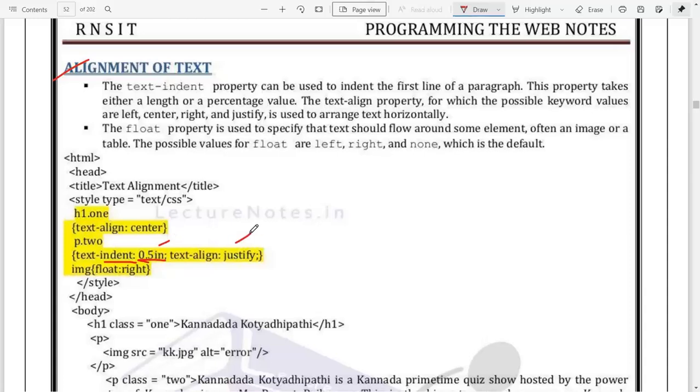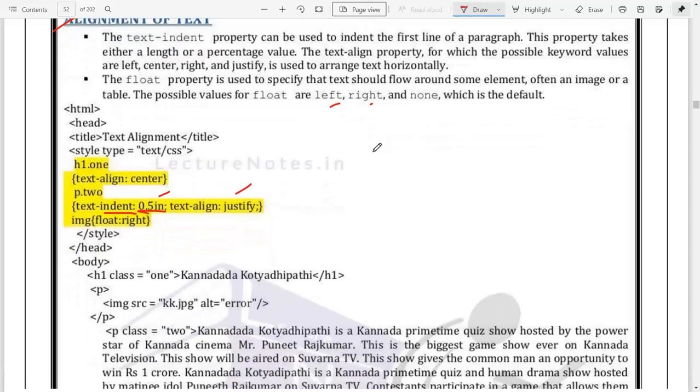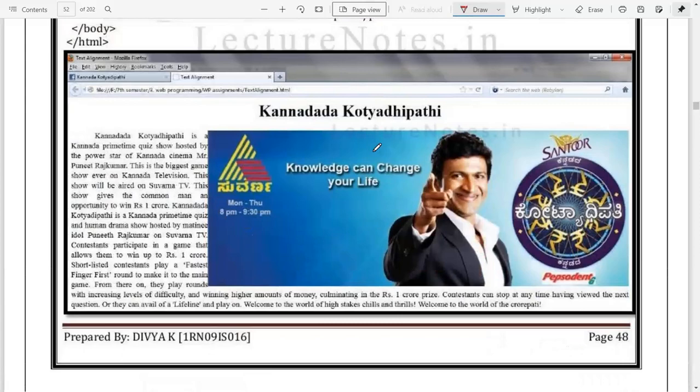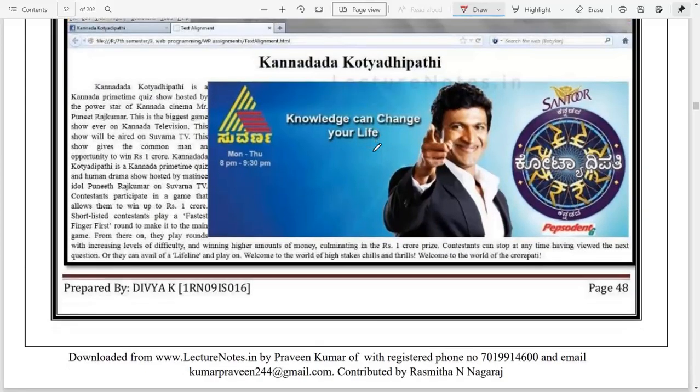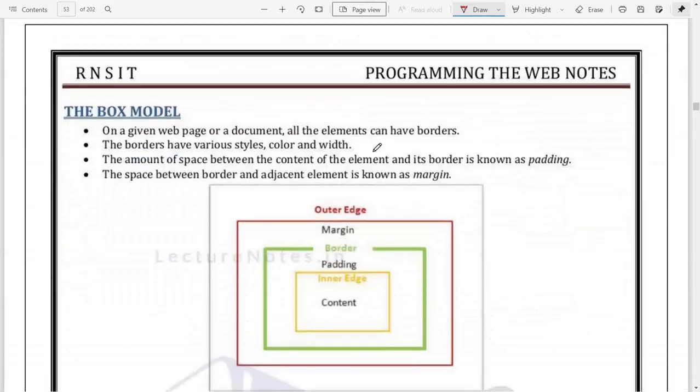And for text align, you can use justify, right, left, or center to align the text. You can see we have done something like this as an example of that.